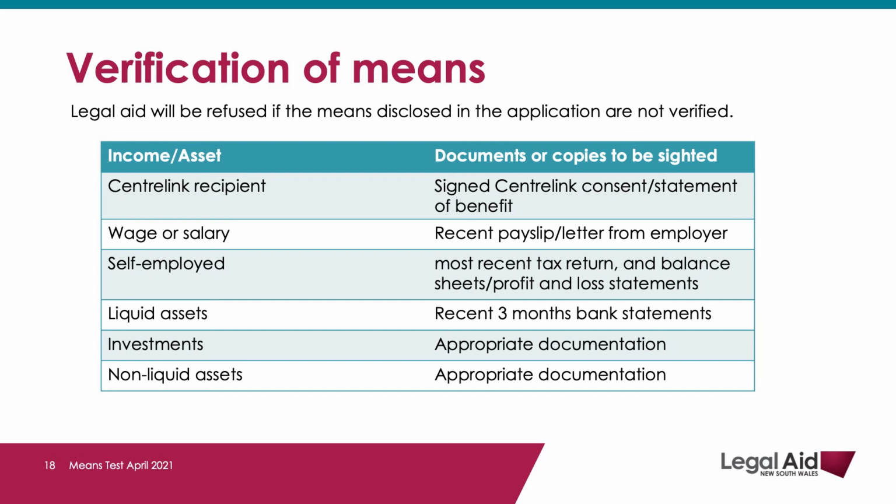It is a condition of a grant of legal aid that an applicant's means are verified. Aid will be refused if means are not verified. The solicitor is required to certify that they have received and cited the required documentation. If an applicant and any financially associated person receives a Centrelink income support payment at the maximum rate and discloses that they have less than $1,500 in the bank, then no further verification of means is required. To confirm the Centrelink payment rate, they can sign the Centrelink consent on the application form or provide Centrelink income